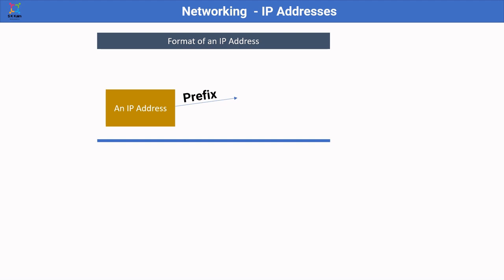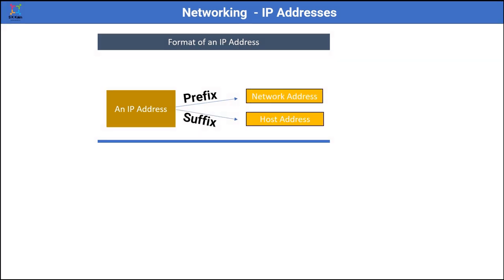Next is the format of an IP address. At a higher level, the IP address consists of two parts. The first is the prefix and the second part is the suffix. The first part is the prefix, which is normally the IP address of the network and is called the network address. The second part of an IP address is the suffix, which is shown as the host address. These two parts make a complete IP address. As in our real life analogy of a postal address, we have a society address, and then within that society we have our own house number. That house number specifies our location in that society. Similarly, in an IP address, the host address specifies the location of the host in that network.